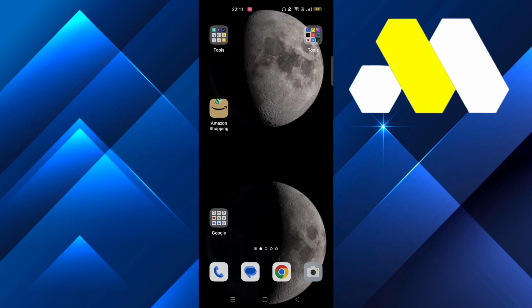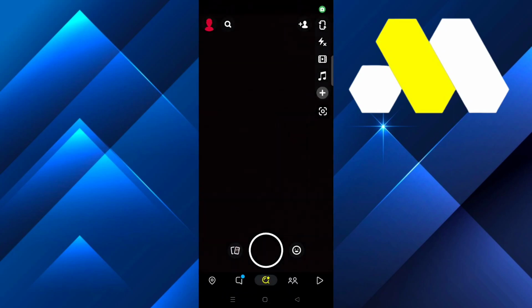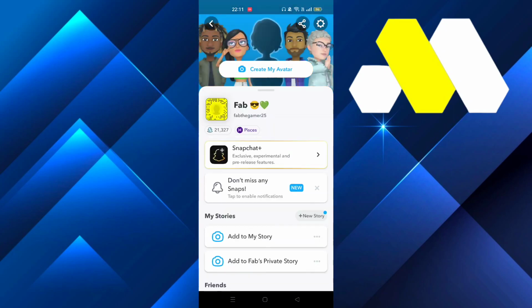Hey guys, welcome to How to Solution, and in this video we're going to show you guys how you can change your Snapchat age. So at first go to Snapchat and then go to this profile icon and then go